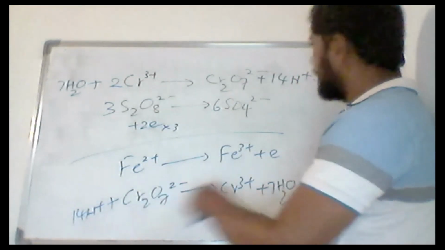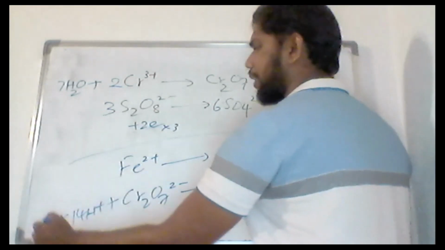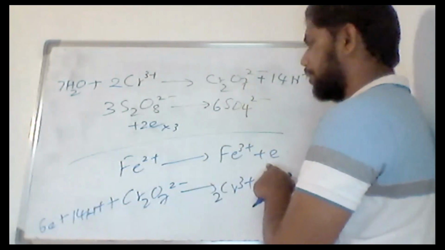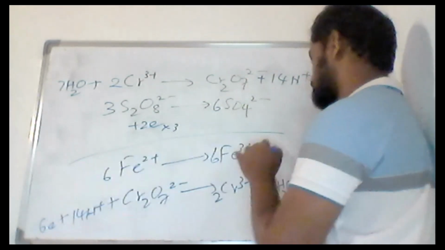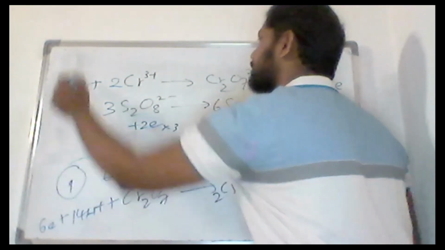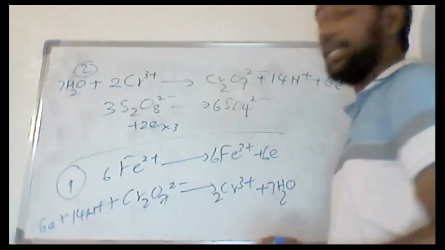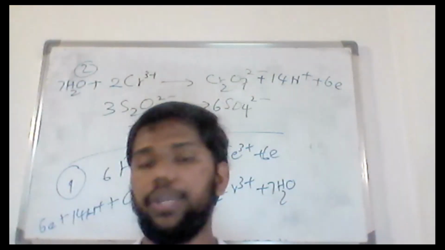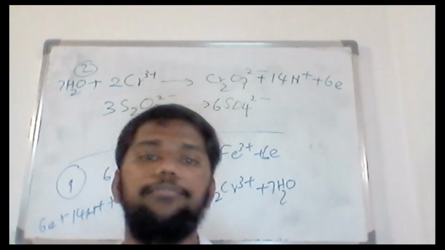Okay. So here everything is correct. Then you can add the electrons. Since there is only 1 electron, there will be 6, 6, 6. Then you can add these 2. So this is one of the reactions. This is the other reaction. So we have 2 reactions for this particular question. So you can imagine the